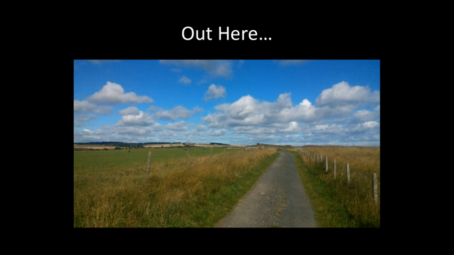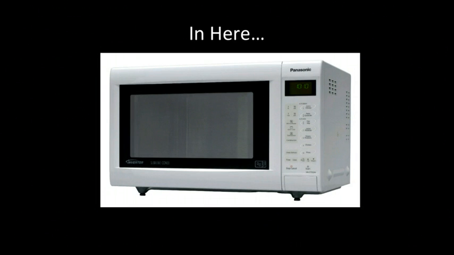So understand where you can be, where there's what's called a dead spot, so where there's no mobile reception at all. And if you can't do that, consider the use of a microwave. A microwave is a brilliant place to lose mobile reception. So you can stick your phone into the microwave, shut the door, and it will very quickly lose the reception. So it's another good way of doing things. It's essentially the Faraday cage effect. If you find it's not losing reception, you probably want a new microwave.